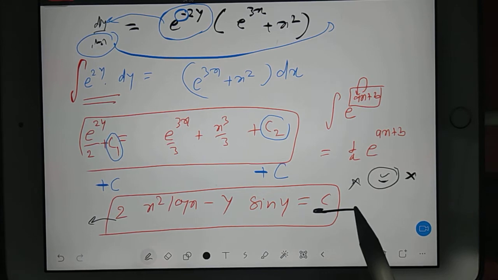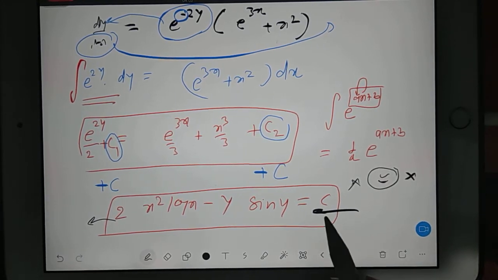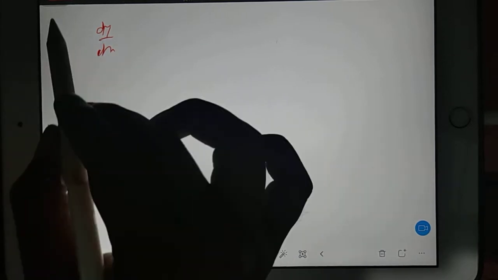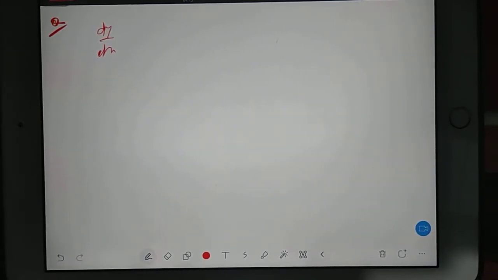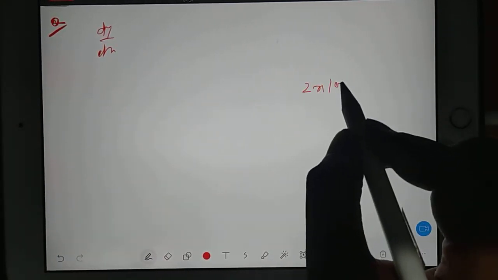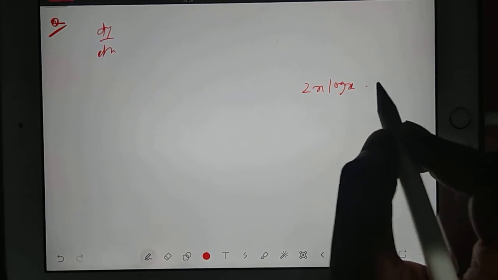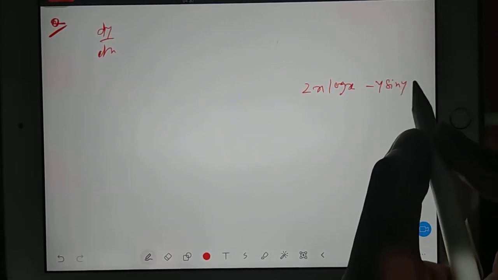Now I'll give one more question, give one more try. Now this question you can consider a good question. dy by dx, another question. Yes, Padma, asked it out. You are getting 2x log x minus y sin y, and again